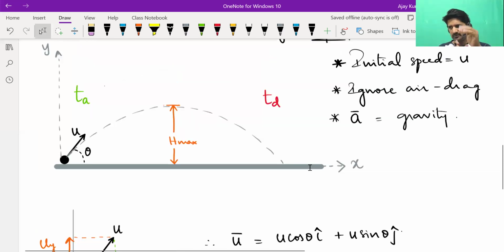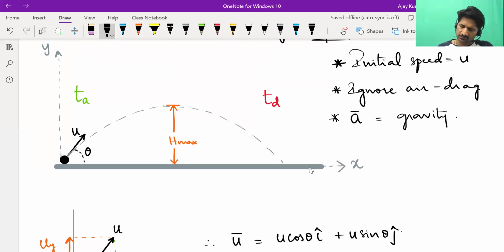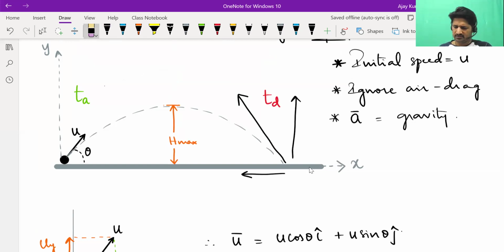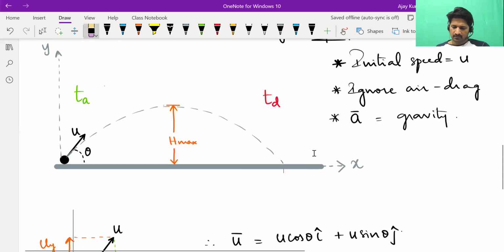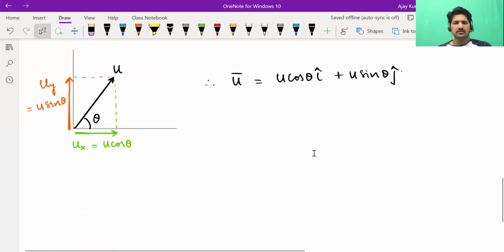Now see, we assumed the projection is tilted towards right. I mean the initial velocity vector is tilted towards right. So we got a positive x component and it is tilted upward. So we have a positive y component. It's also possible that in some question, you are given an object projected like this. Then its x component will be towards left, negative. Y component will be upward only. So you'll take it positive. It depends. Okay. Right. So this is the initial velocity written as a vector.